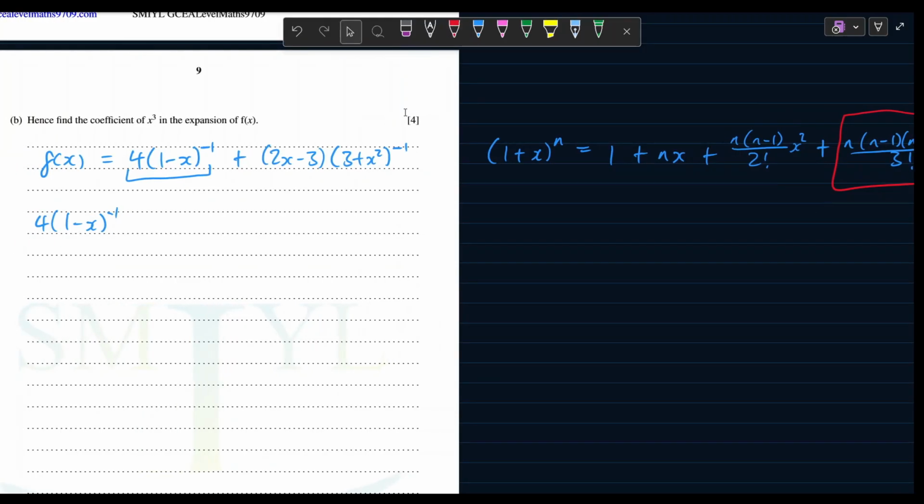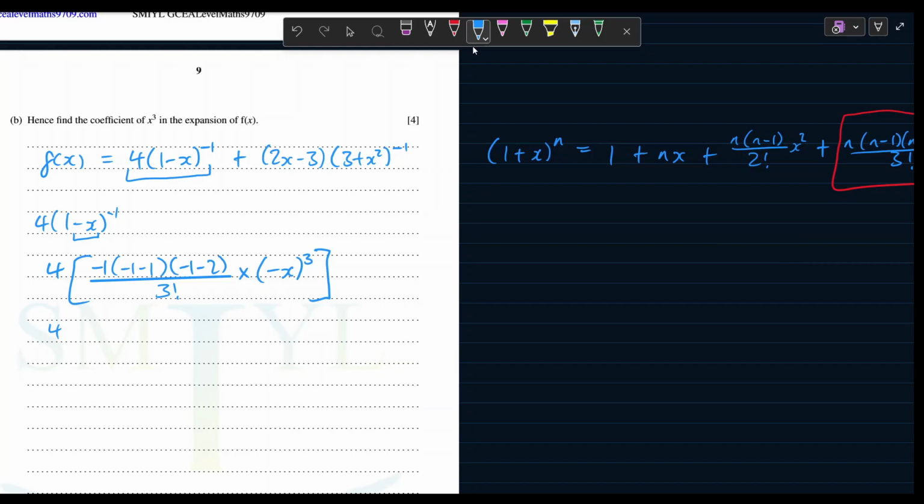So what we can do is to say that this is 4, and then we're going to multiply. What's our n? Our n is negative 1. So it's n minus 1 times n minus 2, over 3 factorial, multiplied by our x. Be careful, in this case our x is technically negative x, so negative x, and this is cubed. Okay, so this is 4, and then let's simplify that fraction. So negative 1, negative 1 minus 1, negative 1 minus 2 over 3 factorial, and this is being multiplied by